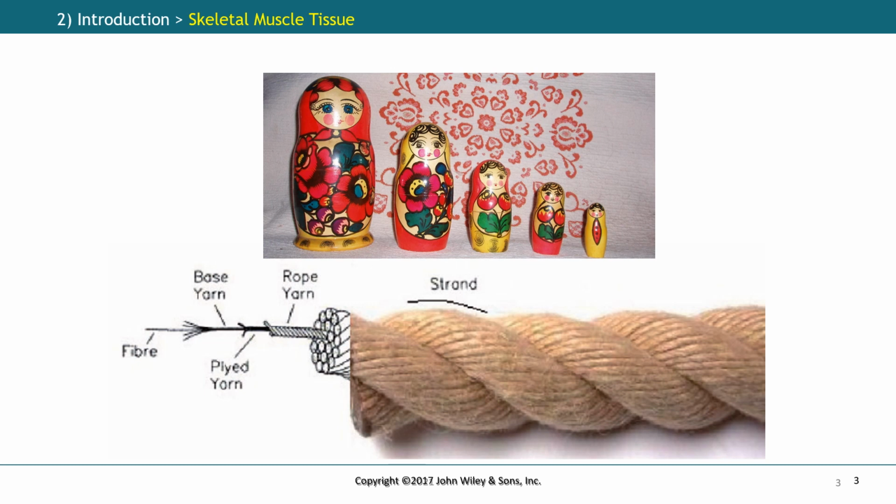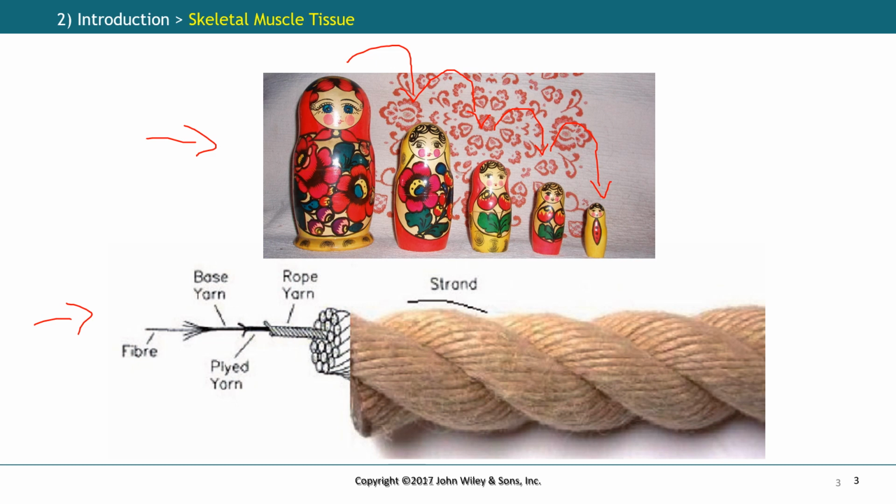To understand the structure of a muscle tissue or the skeletal muscle tissue, I want you to think about these two objects that have properties similar to what you are going to see in the skeletal muscle tissue. In a Russian doll, when you go to a lower level of organization, you see something slightly different, but with a lot of similarities. And you go there and you see something similar, and you go lower and you see something similar. Something like that also happens in muscles, in the skeletal muscle tissue, and something like that also happens with a